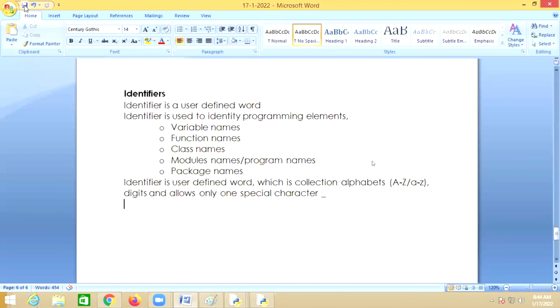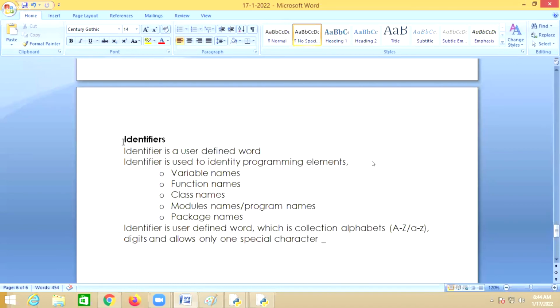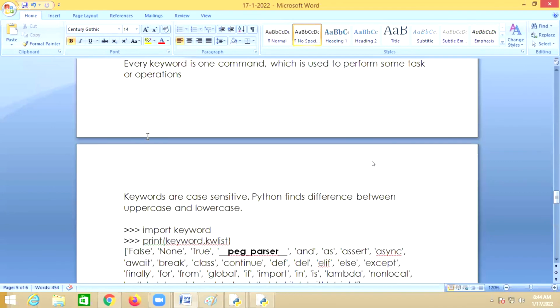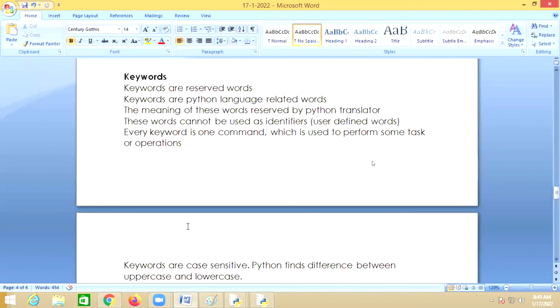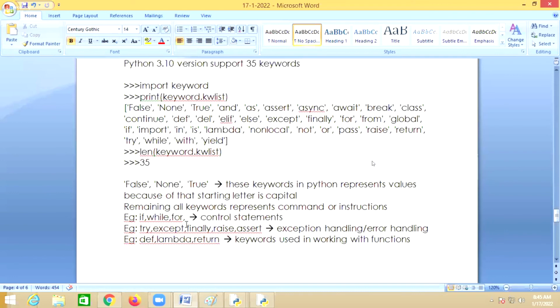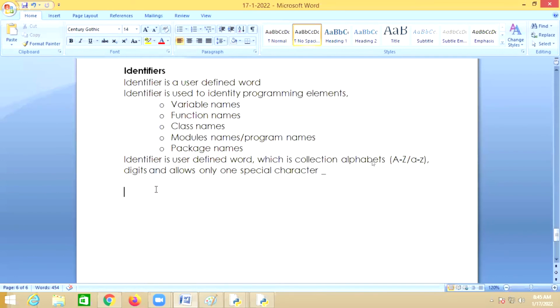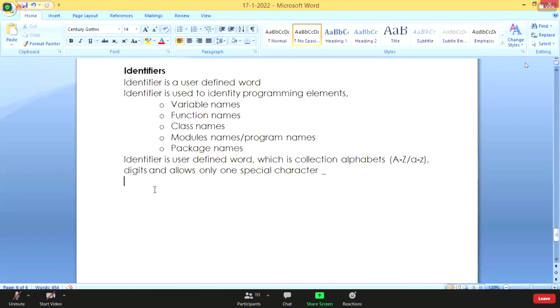Tomorrow we'll see the difference between identifiers and keywords and the rules to be followed to work with identifiers. Today we'll stop here and continue tomorrow. Thank you.